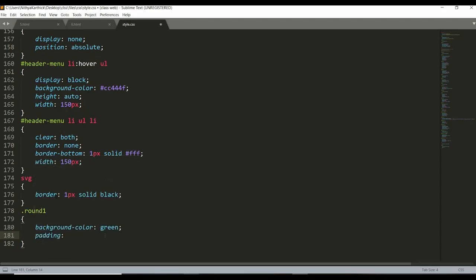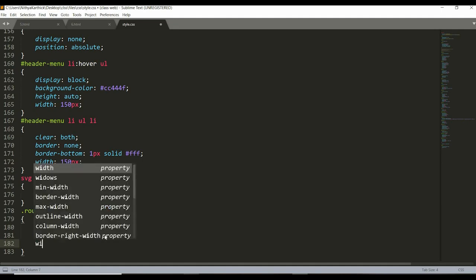I hope you remember what padding is. The padding is the space between the content and the border, inside. And margin will be the space outside the border. According to the place which you are using, you can use margin and padding.